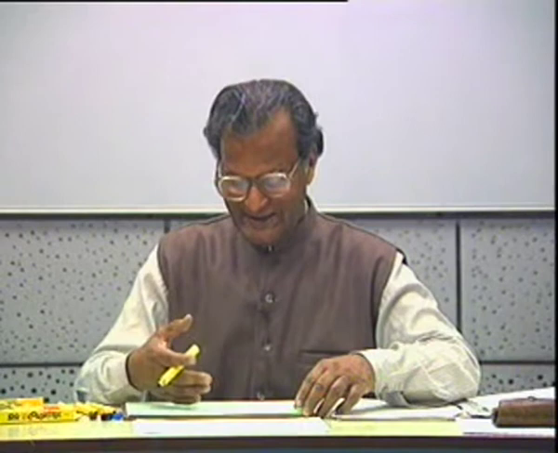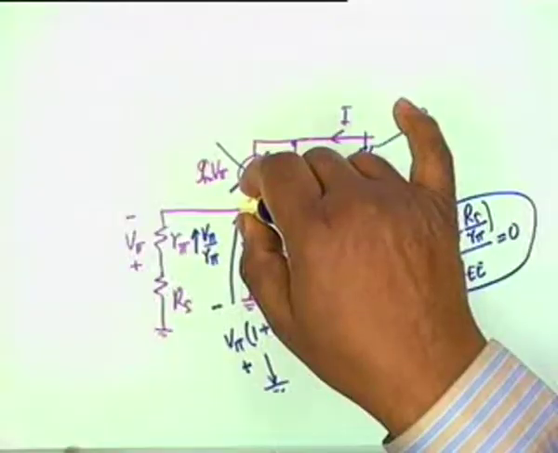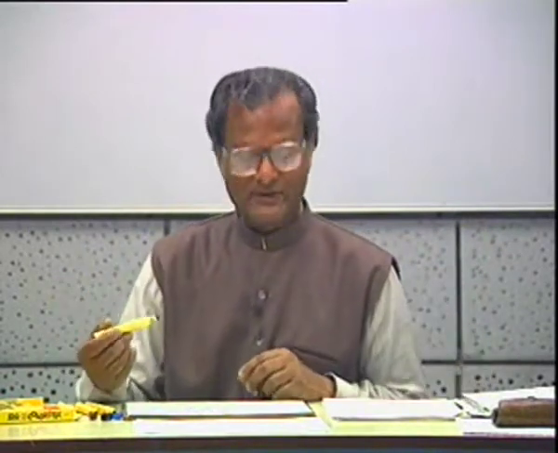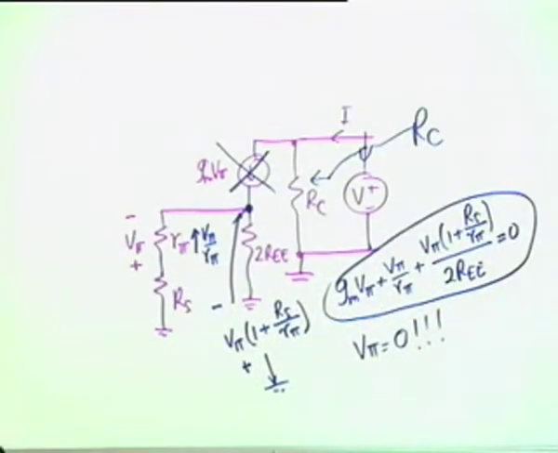What's the trick in that? So it's directly coming from the equation. The trick is, I saw this. You have to observe, not just see. I observed that all currents coming here depend on V pi only, nothing else, and therefore the sum of all these currents equal to 0 will mean V pi equal to 0. I don't have to write all these equations. That's the trick.